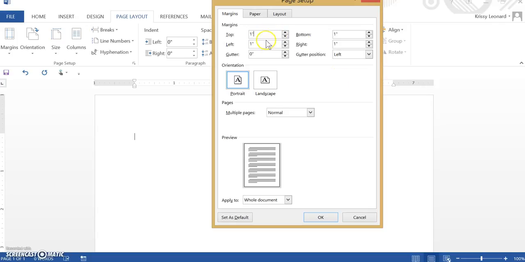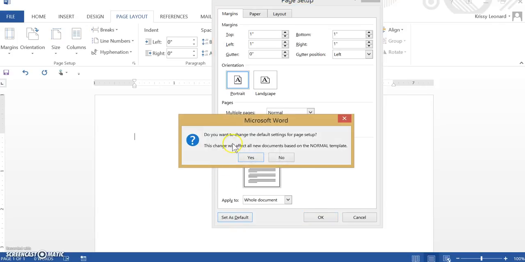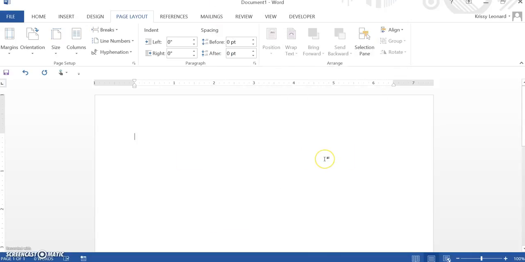It gives you whatever your measurements are. If they were not 1 inch, you would put 1 inch for each, and you would choose set as default. Again, do you want it to change it for setup for all documents? Yes. So now, anytime you open Word, your documents will be double-spaced, Times New Roman, 12-point font, with 1 inch